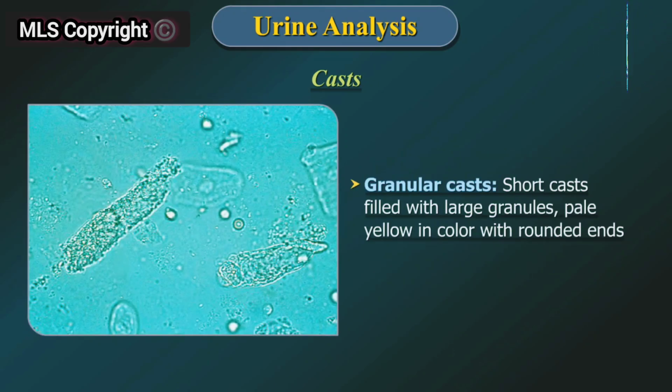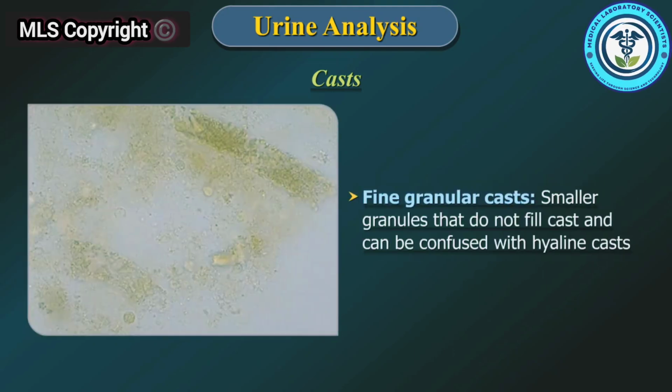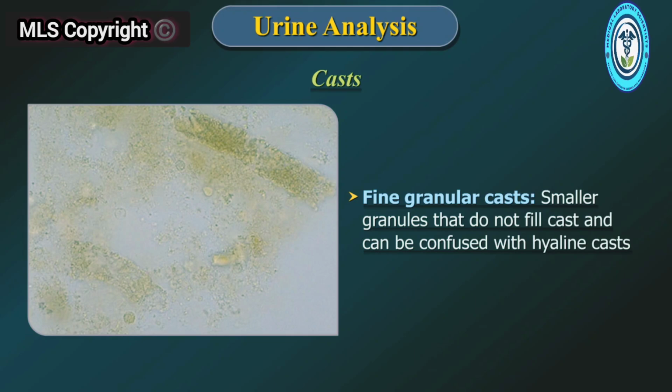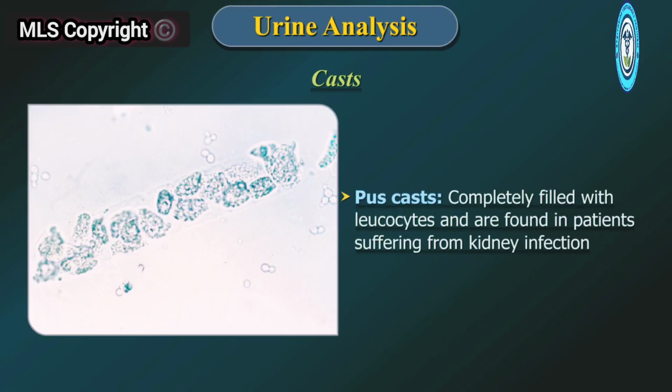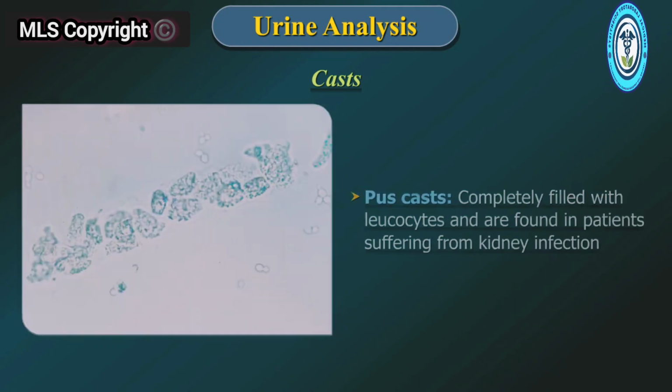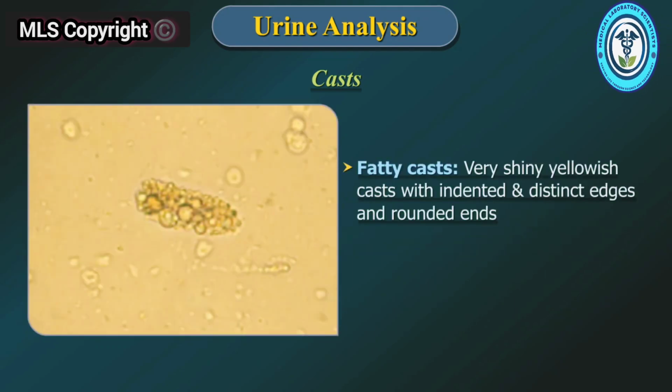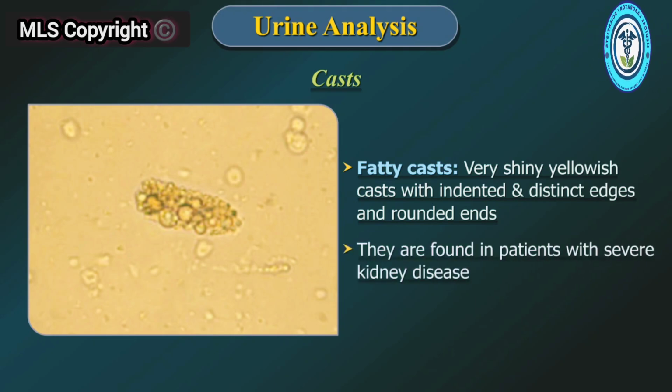Granular casts are short casts filled with large granules, pale yellow in color with rounded ends. Fine granular casts have smaller granules that do not fill the cast and can be confused with hyaline casts. Pus casts or WBC casts are completely filled with leukocytes and are found in patients suffering from kidney infection. Fatty casts are shiny yellow casts with indented and distinct edges and rounded ends, found in patients with severe renal